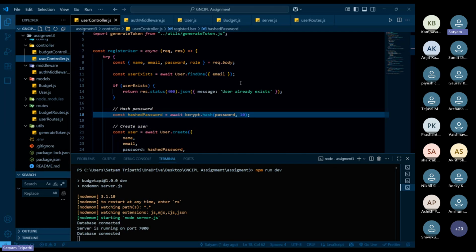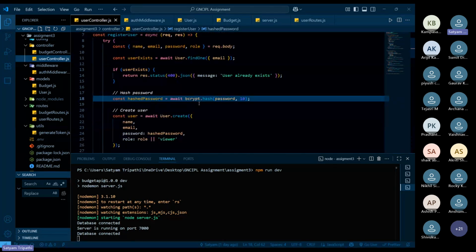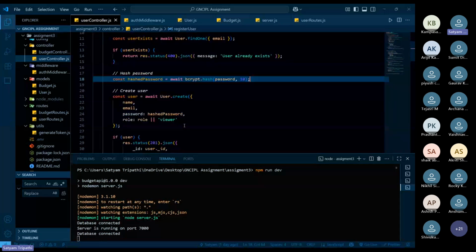If the email has already been registered with some person, then it will show user already exists. I have also used the bcrypt library for hashing the password, where I give the plain password and the number of rounds used to hash the password. Here I call the user.create function which I get from MongoDB.